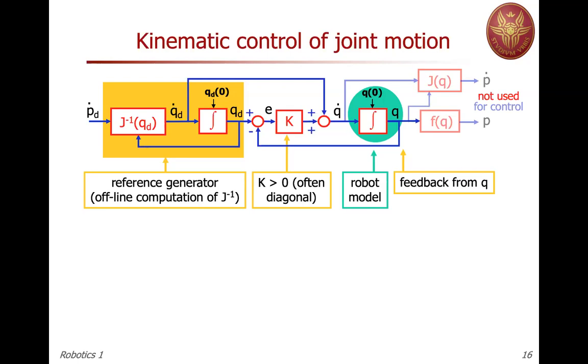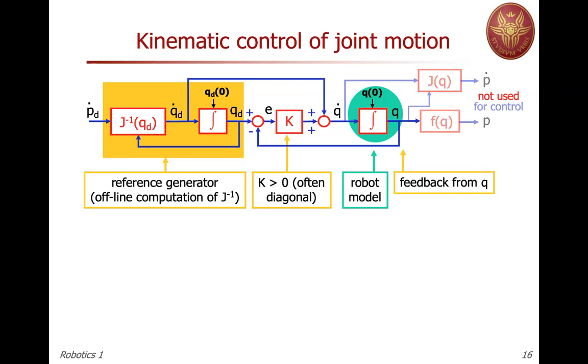It is your actual control. So you're giving this as a reference to the low-level controller and to the robot, which is inside this green block. Indeed, the robot starts in a given initial configuration at time 0. So Q0 is the initialization of these equivalent integrators. The yellow block on the left-hand side is the reference generator. And here, I'm assuming that